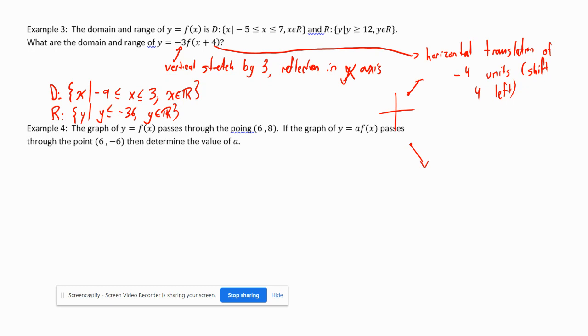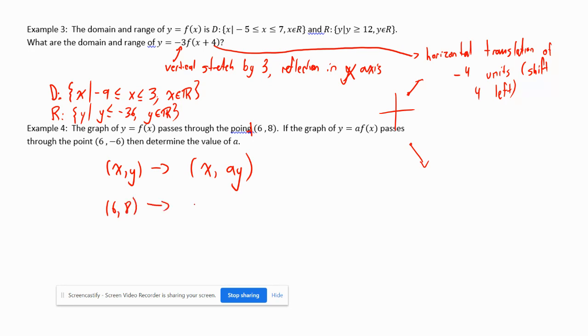So the graph of y equals f of x passes through the point 6, 8. If the graph of y equals a f of x passes through the point 6, -6, determine the value of a. So the idea that we're doing here is that x comma y becomes x comma ay. So this a is a vertical stretch, which means we're multiplying our y values by a. In other words, if this point over here, 6 comma 8,